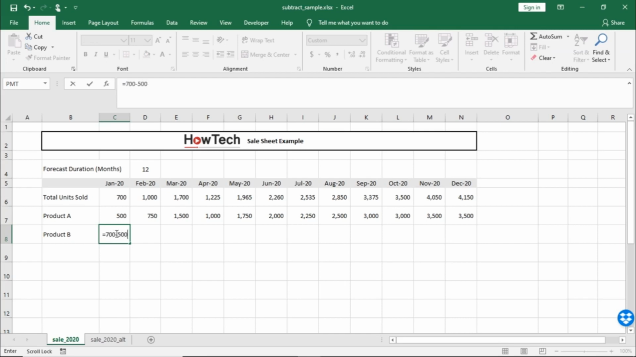For the minus sign, you can use the minus key on the numeric keypad section of your keyboard. Alternatively, you can use the hyphen key on the keyboard as well. Once you hit enter, it will give you the correct answer. The problem is, if we change the data in this cell, then the numbers for product B won't automatically be